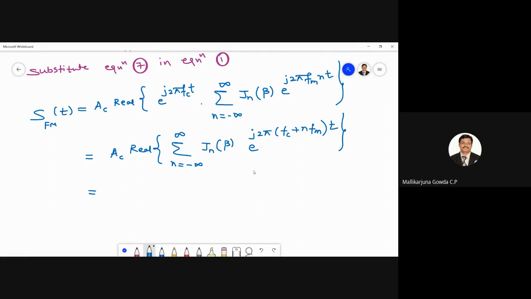Yes. e power j theta. What will be the real part of that? See, e power j theta is equal to cos theta plus j sin theta, right? So the real part of e power j theta is cos theta. So I can write this as Ac